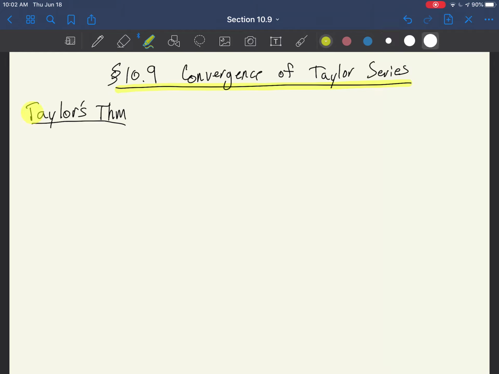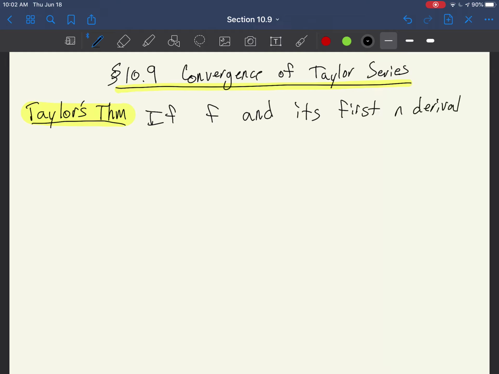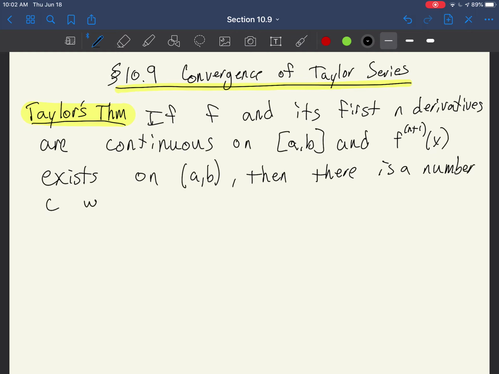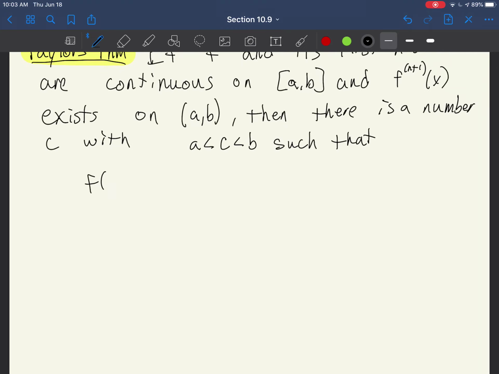So to do this, we start with Taylor's theorem. Taylor's theorem says that if f and its first n derivatives are continuous on the closed interval a to b, and if the n plus first derivative of f exists, it does not have to be continuous, it just needs to exist on the open interval a to b, then there is a number c sandwiched between a and b such that